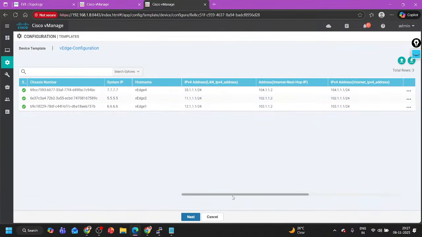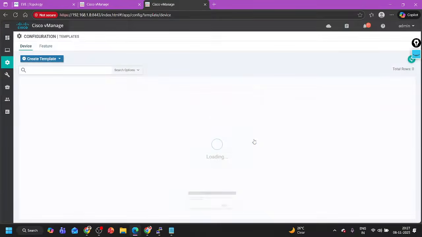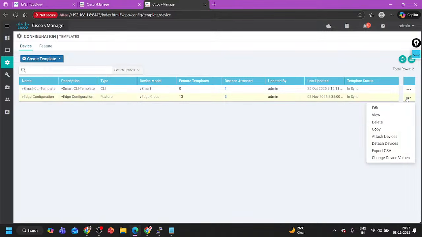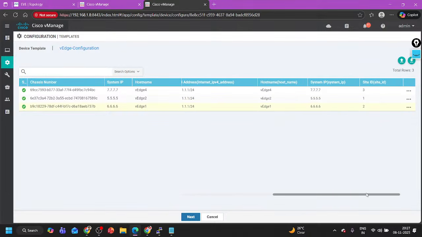So what I said, change device value. How will you change? Change device, because edit is going to allow you to edit this template. I don't want to edit anything in the template. I want to change the variable value. So change device value, and here in 6.6.6 instead of VS1, I am going to say VS